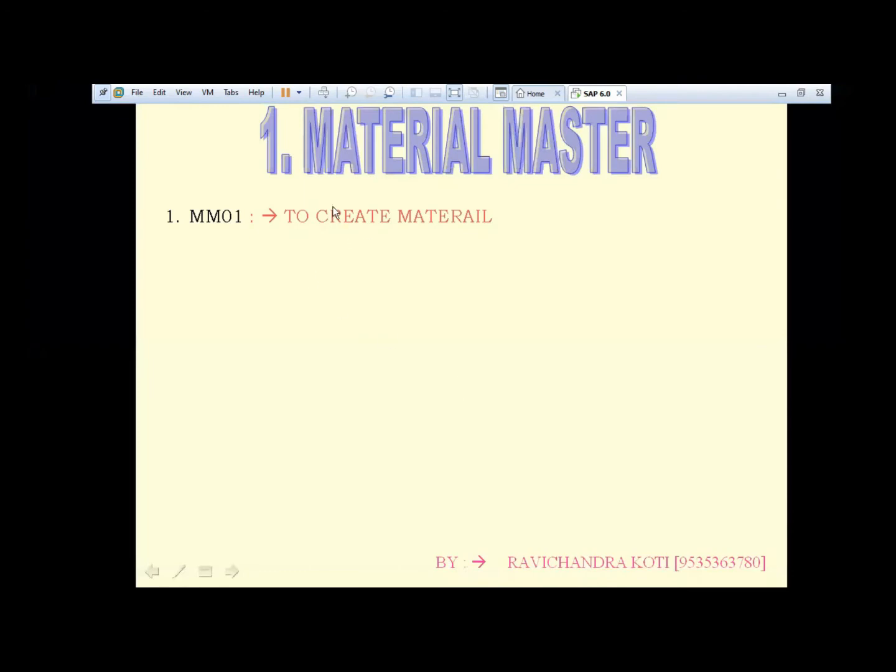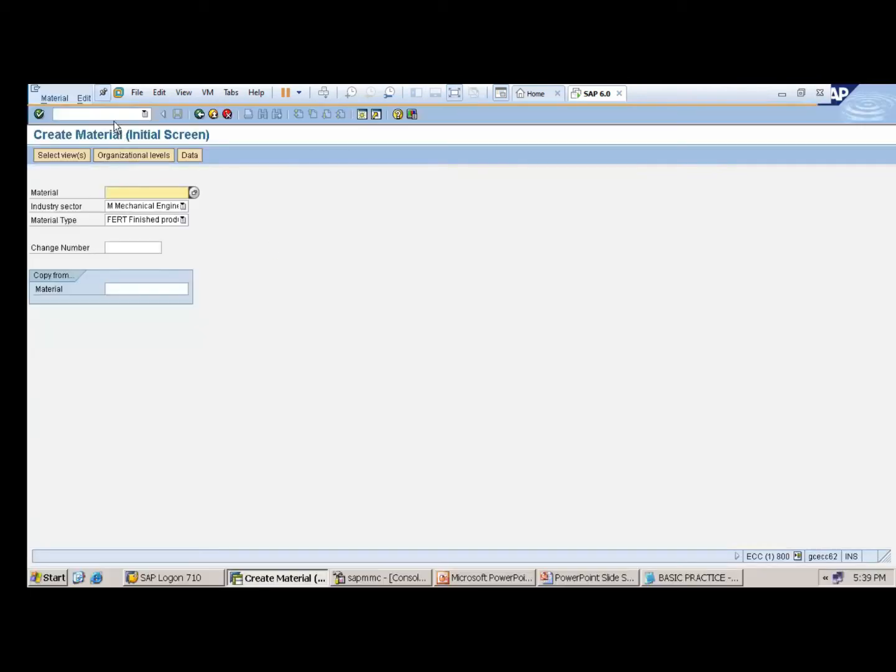Suppose I created one material, but I want to make some changes, like the description, price, purchase group, person name. How to do it? For that, T-code MM02. So go for /n MM02.